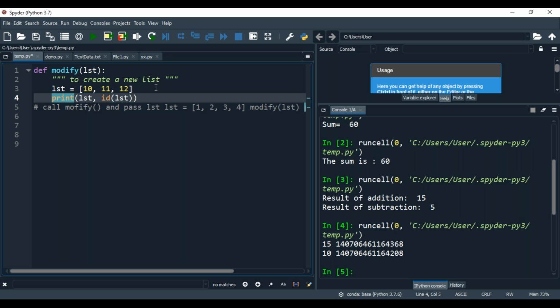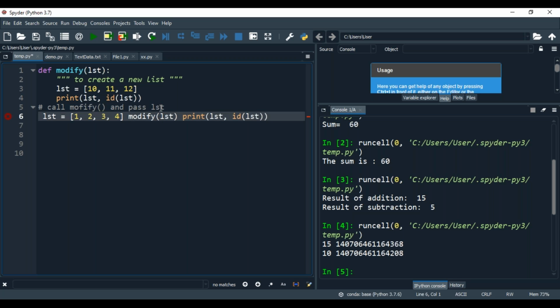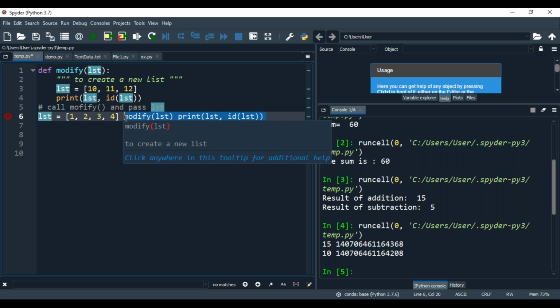Next, print lst and id, then modify and pass lst. So lst is equal to 1, 2, 3, 4. Then modify.